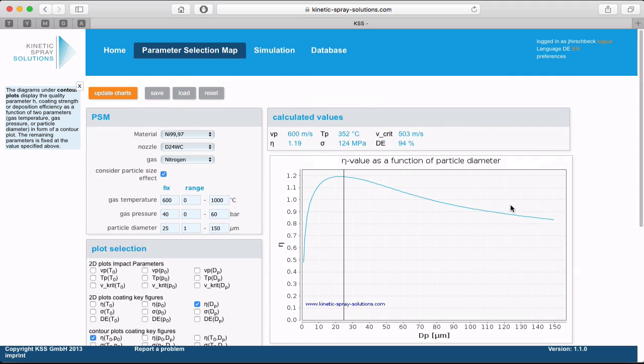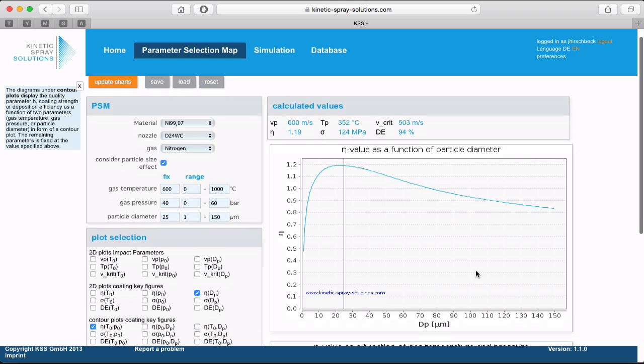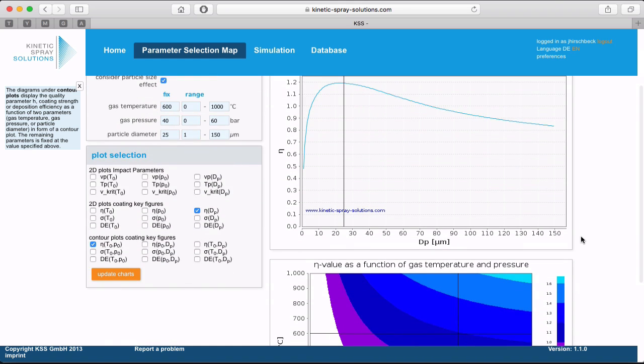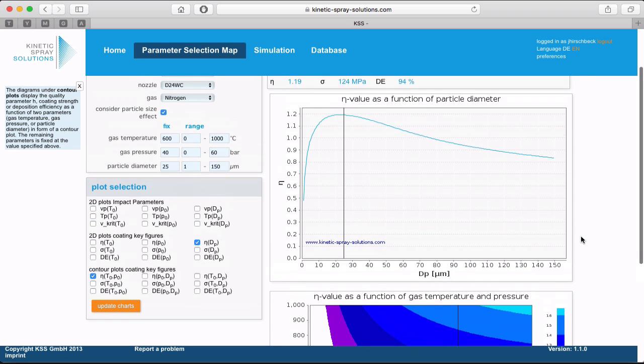but to see the accurate value of the eta parameter, you can also have a look at this table here. So eta is about 1.2, which is okay in the sense that you can have some deposition, but it's not ideal because it's a bit too low for the optimal spraying conditions. So in order to improve the conditions, we can change the temperature going up to